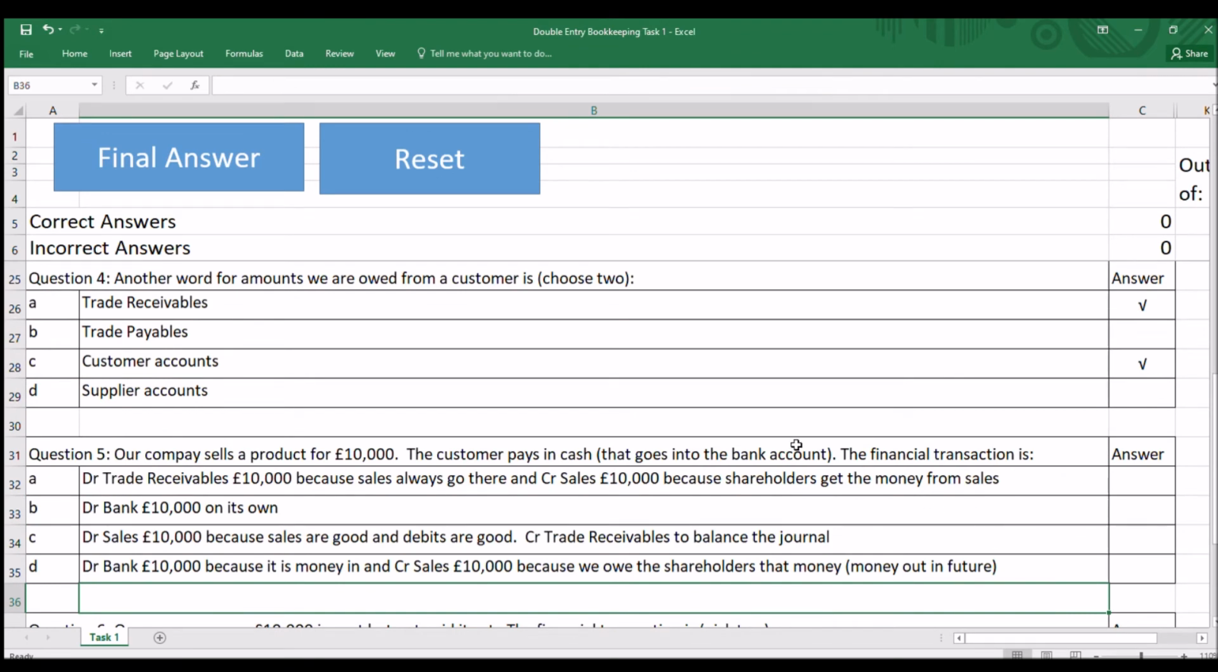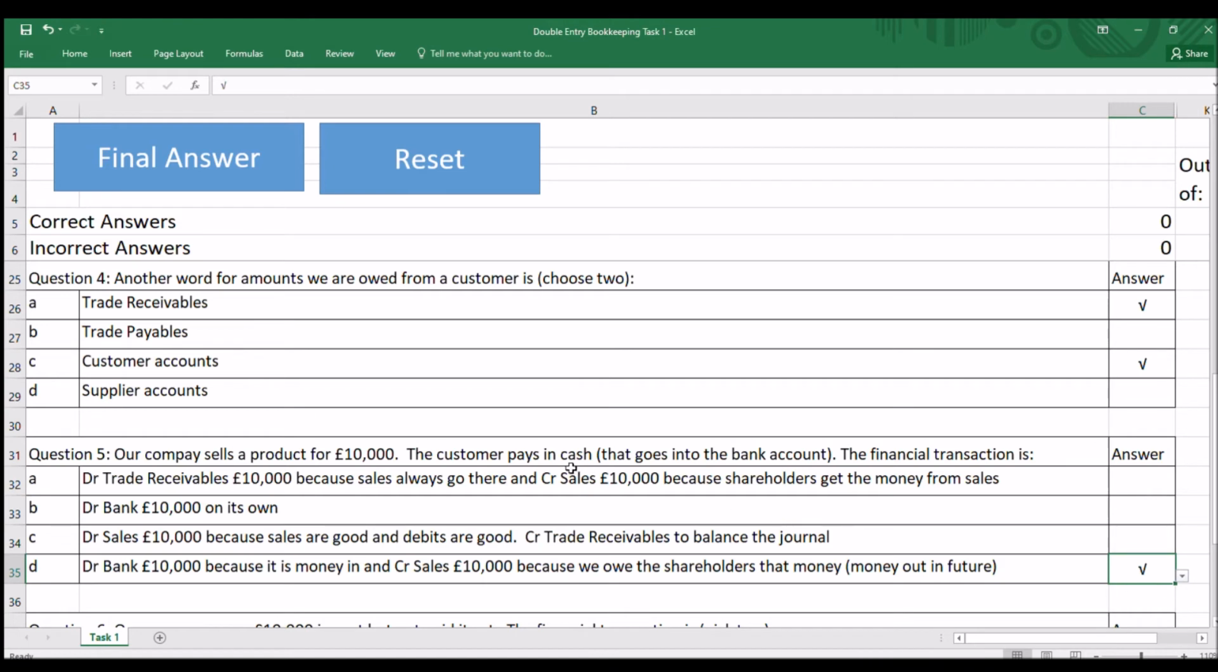Question 5. Our company sells a product for £10,000. The customer pays in cash that goes straight into the bank account. The financial transaction is, what are the debits and credits? Okay, the answer to this one is D,